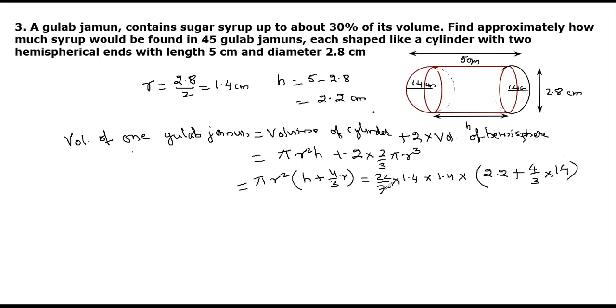7 to the 14, or if you divide by decimal, it will become 7 1 to 7 and 7 to the 14. Then you multiply 22. You can multiply or you can do the decimals. If you multiply this to 22 into 0.2 into 1.4, this will become 6.16 into, and this